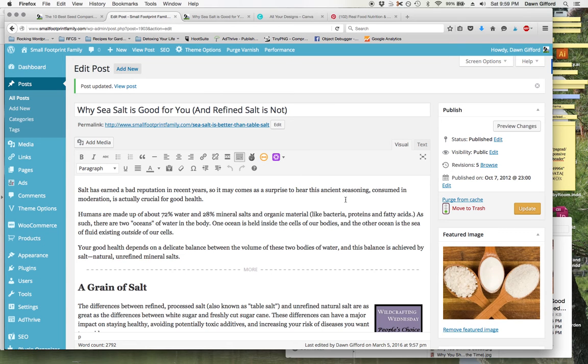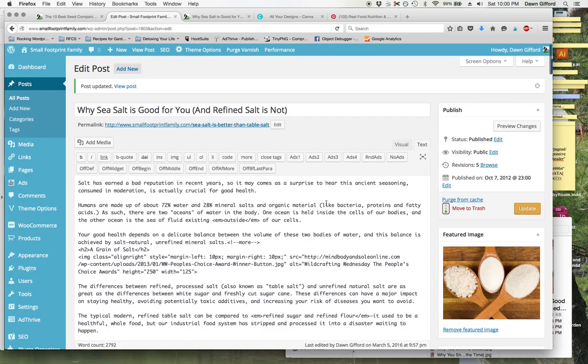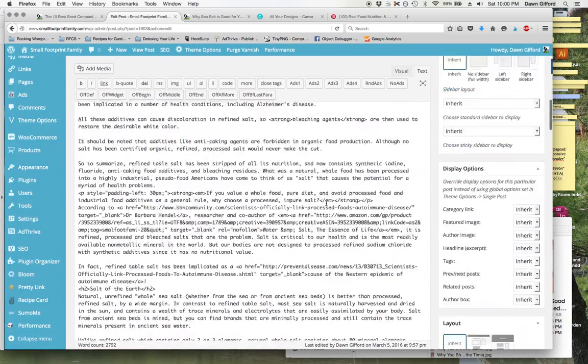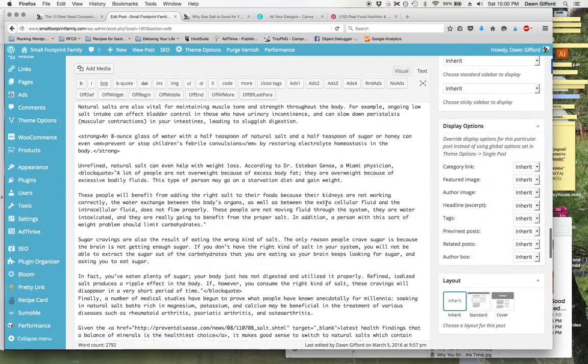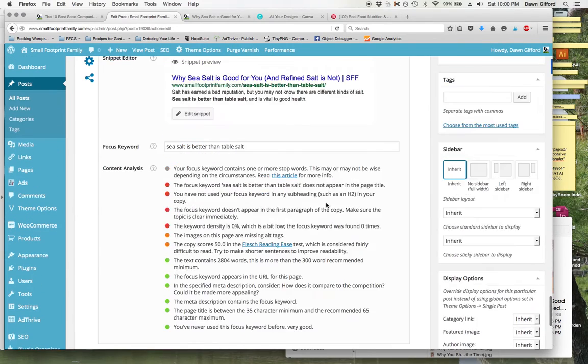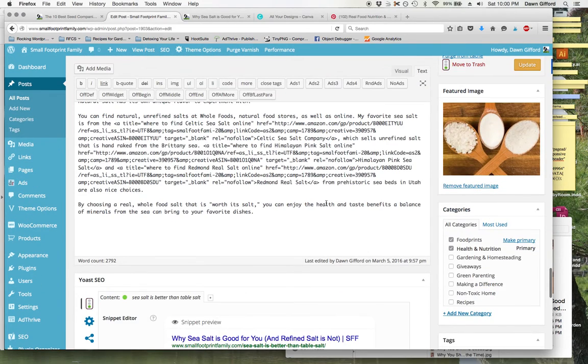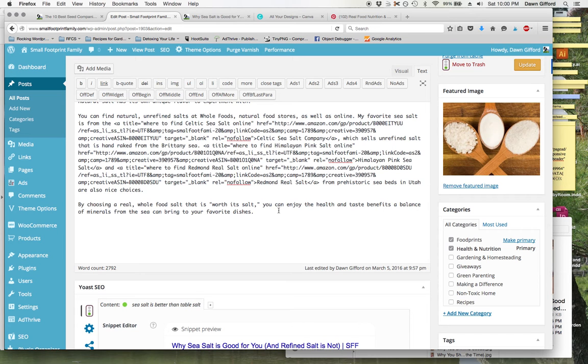It looks just like any other post that you would have in WordPress. And I'm going to go into the text editor as opposed to the visual editor. And I'm going to scroll all the way to the bottom because this is where I want to put my pin in. In order to get my pin in, I need to first put in a Pinterest